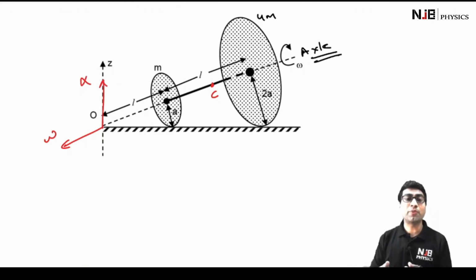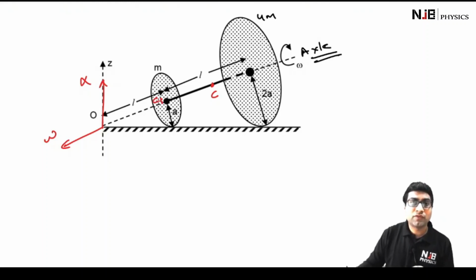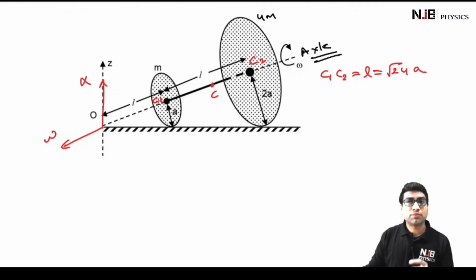And in fact in option D they are asking us the angular velocity of the center of mass about the Z axis. So that means we just have to find the value of this alpha in the D part of the question. So let us attempt the D part first. So how are we going to find the value of this alpha? Well, for that we just need to write down all the dimensions which are already given in this problem. So let us say that C1 is the center of the smaller disk, C2 is the center of the bigger disk, and we know that the distance between C1 and C2 is equal to L. So C1C2 is equal to L, which is given to us as under root of 24 times a. Now this a is the radius of the smaller disk.